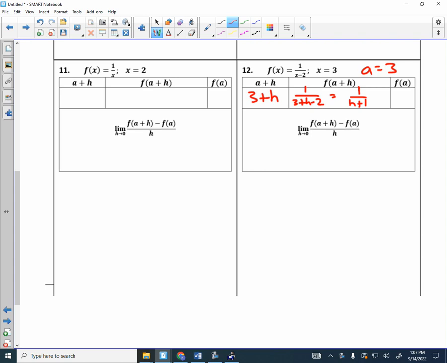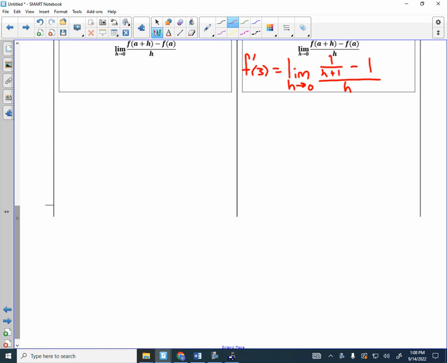Again, I told you that the algebra would come. This is the algebra focus. F of a, we plug in what? 3 and you get 1. So that means that f prime of 3, so the derivative at 3, is equal to the limit as h goes to 0 of what? Good, 1 over h plus 1, minus 1, all over h. Good, so you have a